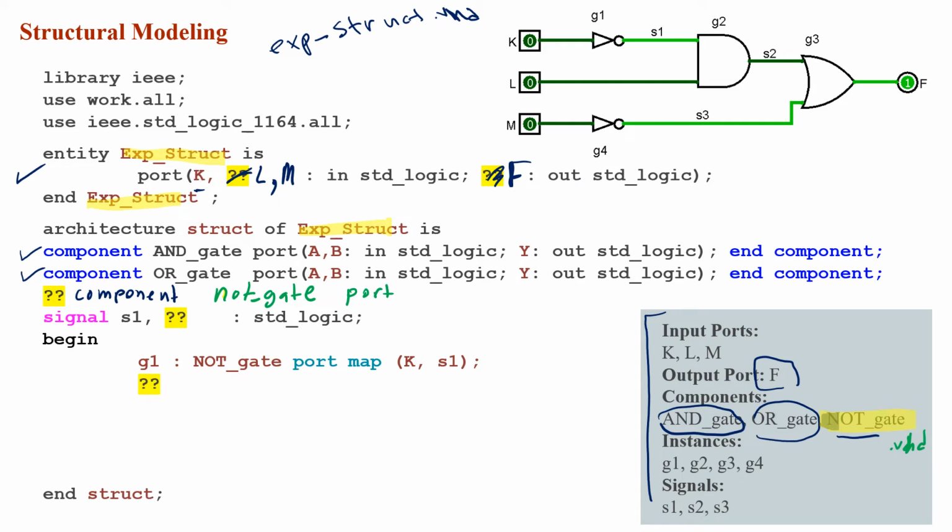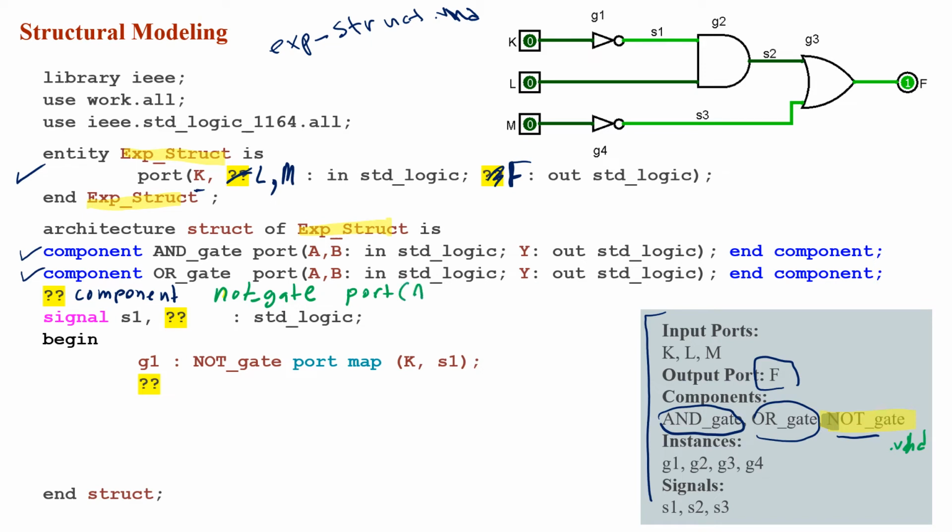Just to help me be more consistent, I will always use A, B, C, D, etc. as inputs, and as an output I'll use Y. This is the case for the logic gates files. So I'm assuming that the NOT gate is declared